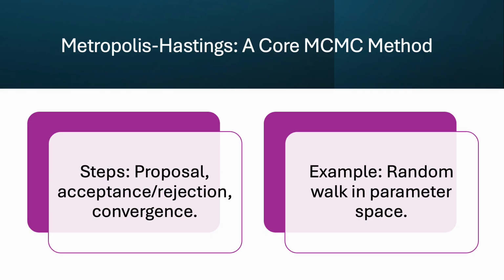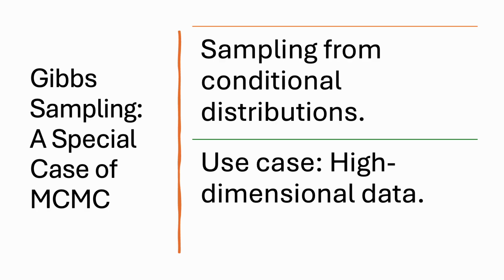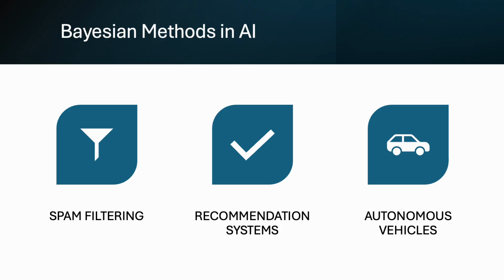Library is the best place to go and conduct this research. Gibbs sampling, a special case of MCMC sampling from conditional distributions, as we just discussed in quite depth in the route optimization use case, is high dimensional data. In traffic, the data can be extremely high dimensional if it is in Chicago or in Atlanta, for example. For Gibbs sampling, I suggest you look into this in more depth and conduct an experiment to enhance your understanding by looking at Google Scholar or IEEE Xplore.